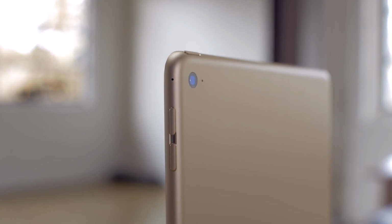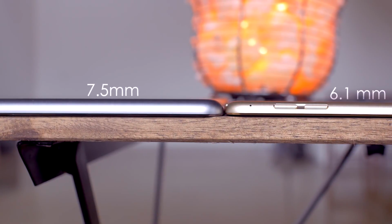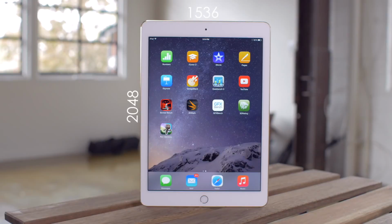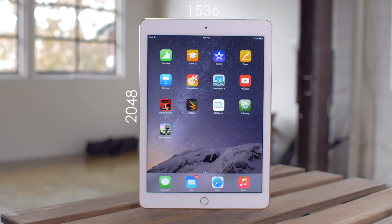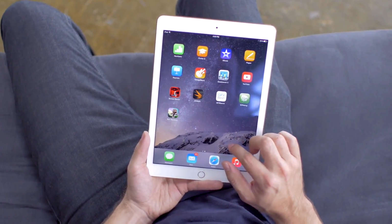The iPad Air 2 is now 6.1 millimeters thin as opposed to the 7.5 on the original, and it now weighs in at just under a pound, whereas the iPad Air 1 was 1 pound exactly. So in terms of screen size and resolution, the iPad Air 2 is exactly the same as the iPad Air 1, 9.7 inches, 2048 by 1536, but in terms of what's new, the iPad Air 2 features an optically bonded